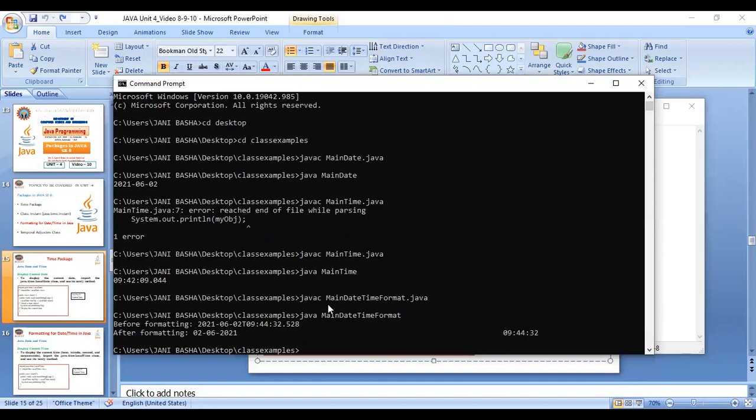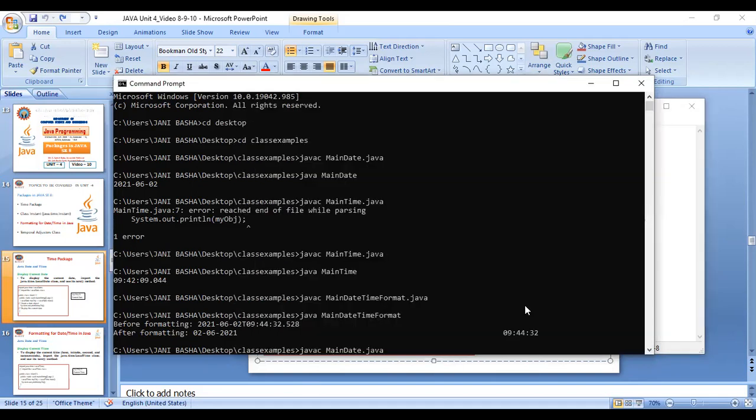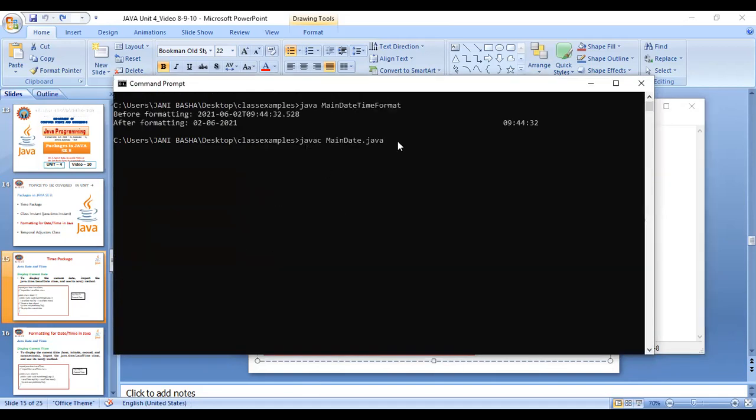Once again I'll try to do this. The class name is MainDate, so the file is MainDate.java. So javac MainDate.java. Click on enter. If you have any compilation errors, it will show you. Otherwise, it will wait for the next instruction.